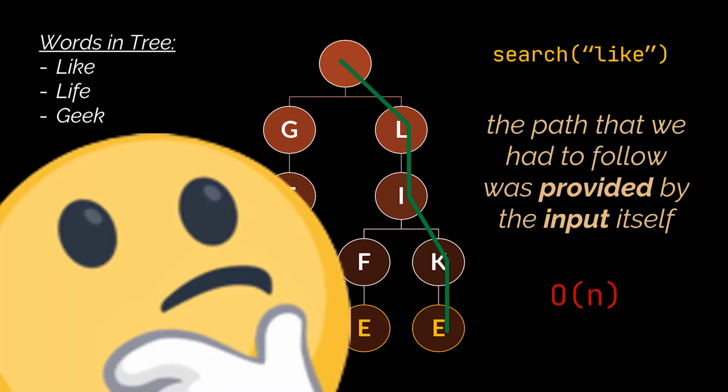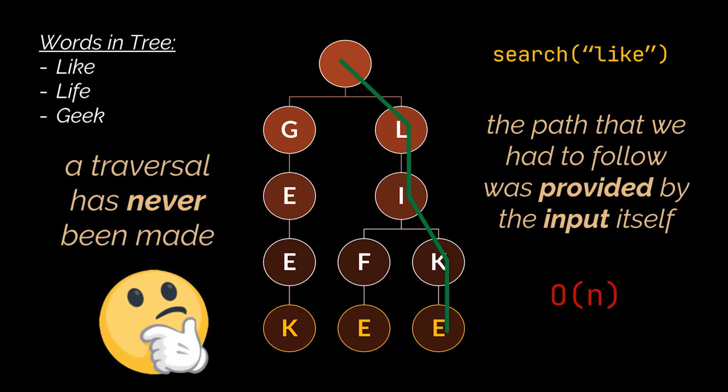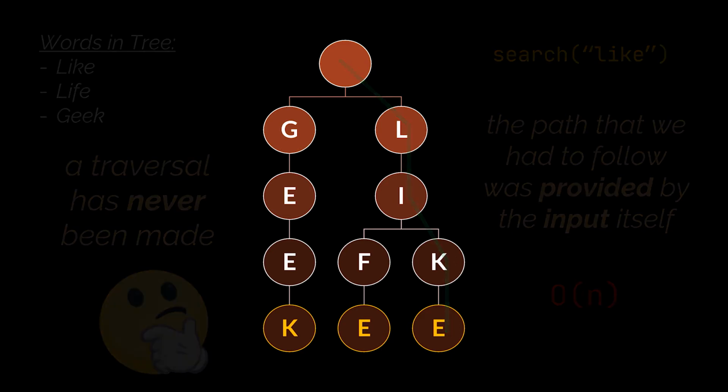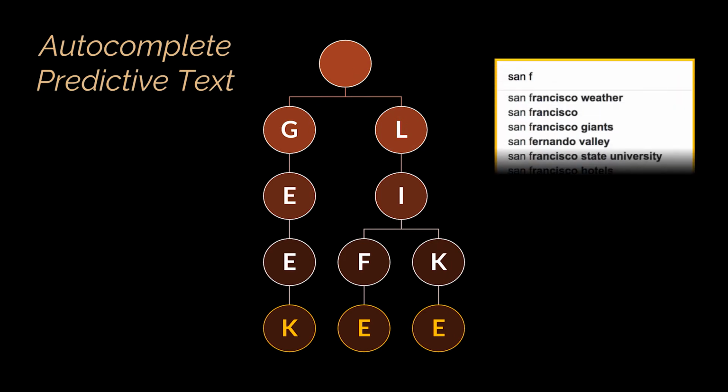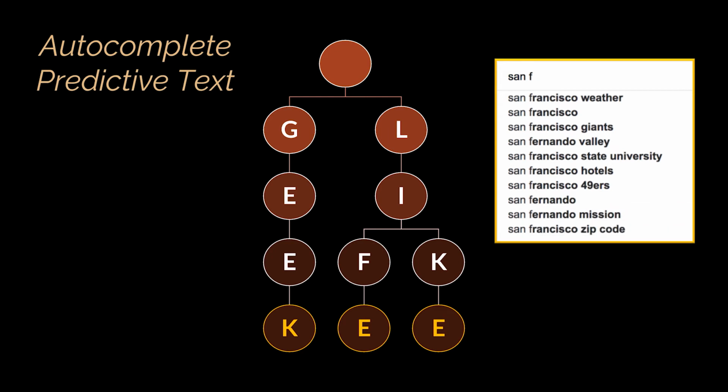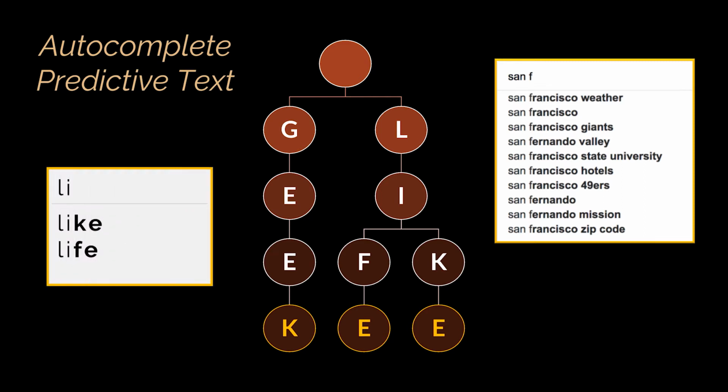Now you might be thinking that we are the ones who inserted these words inside the tree in the first place, so why would we need to search for them, right? Well, the most common examples and usages of such trees are autocomplete and predictive text. You see, as soon as you start typing, algorithms behind the scenes will be running a tree such as this one, and will try to search for a matching prefix to the one you are typing. The words that are suggested to you are none other than the words branching from the same prefix you gave to the tree.